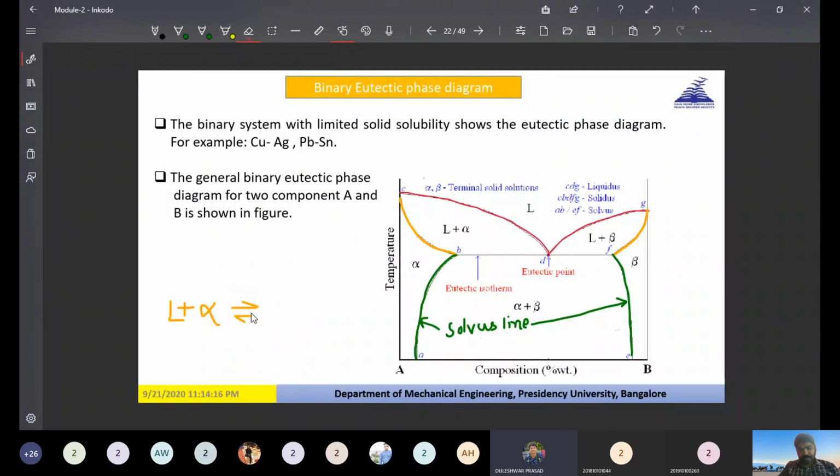In alpha region, sir. No, I'm asking you. First, listen to the question very carefully. Tell me the composition of A and B. You have taken some composition of A and some composition of B, and now you are heating it up. Tell me what composition should we have chosen for A and B so that when we heat it up, they are going to melt at the minimum temperature.